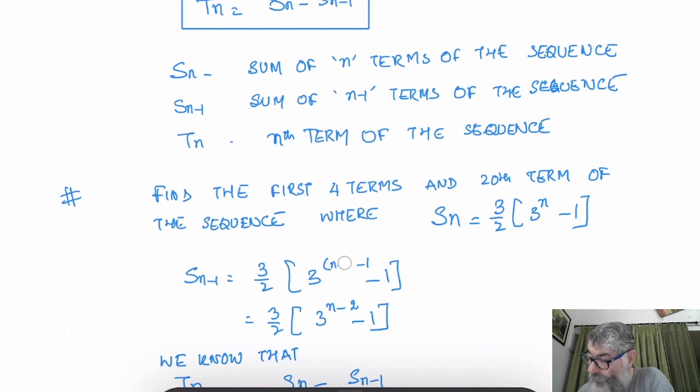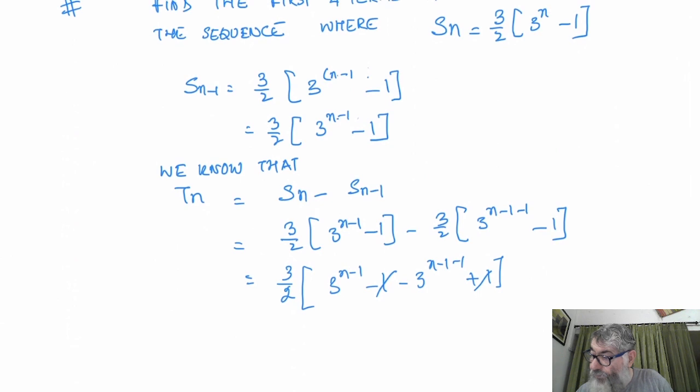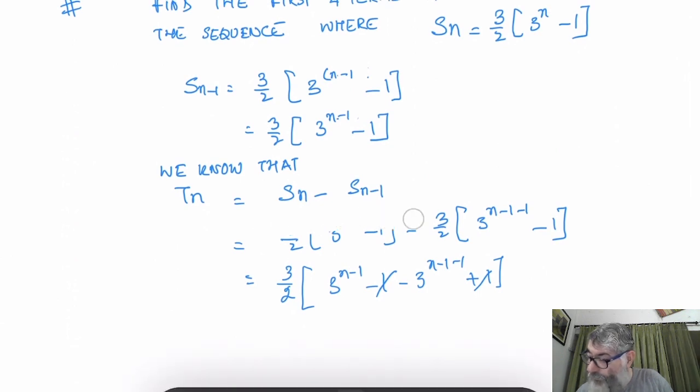So it is not going to be like this. It will be only 3 to the power n minus 1. Because it is 3 to the power n. Nth term is 3 to the power n, not 3 to the power n minus 1. Okay. Now, just a moment. I have to rub this also.